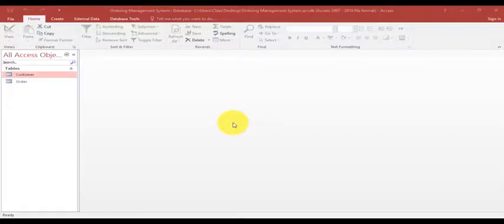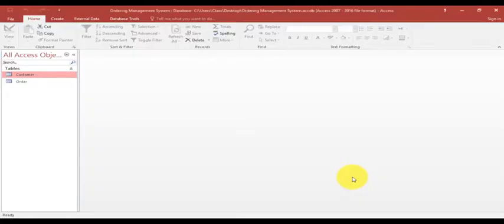Now I'm going to show you how to set the primary key and also the foreign key for the tables. Referring back to your ERD, we use IC number as the primary key for the customer table and we use the order number as the primary key for the order table. In the order table, there is also one key called a foreign key, which is the IC number. In order for you to set the primary key or the foreign key, you have to open the table in